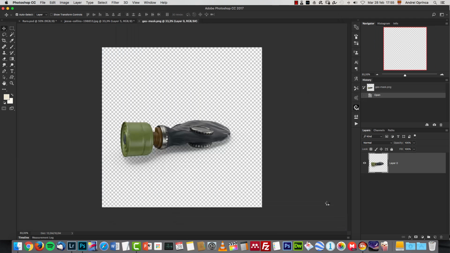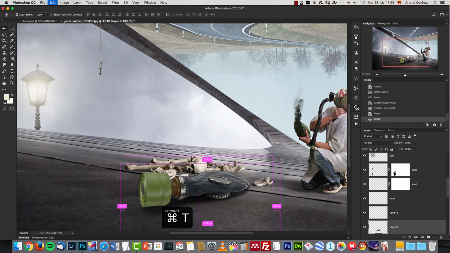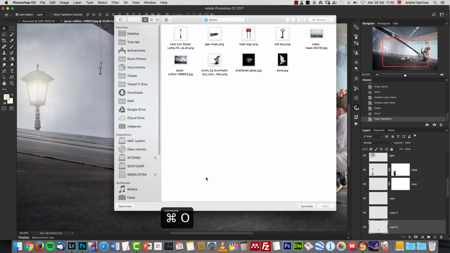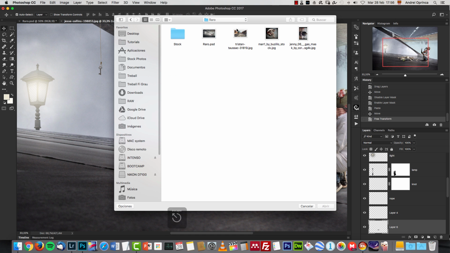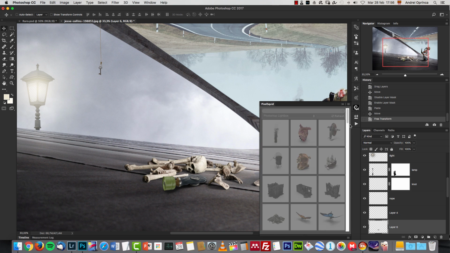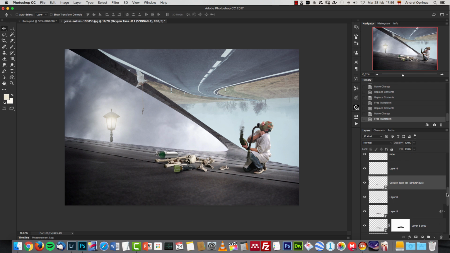These are just details that I added myself. This is from Pixel Squid as well. Paste it over there, make it smaller. I don't know, it just looks like another man died here from the same cause. I'm poisoned. And there's another image which I think is not here. It's a gas tank. I think I have it here, right there, and I'm gonna put it below these bones